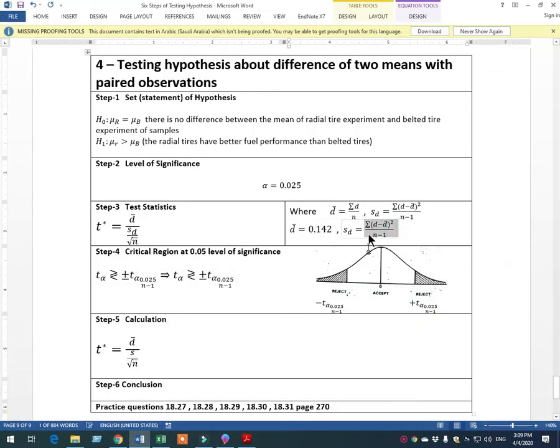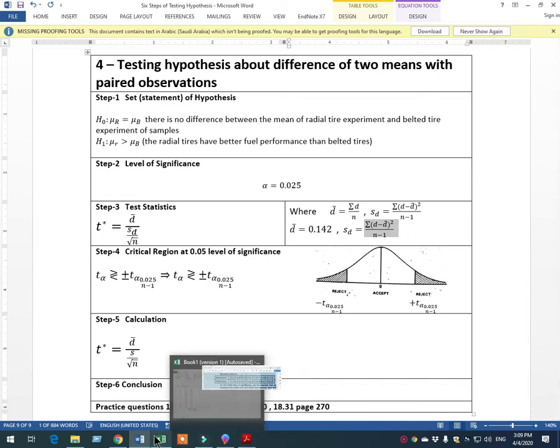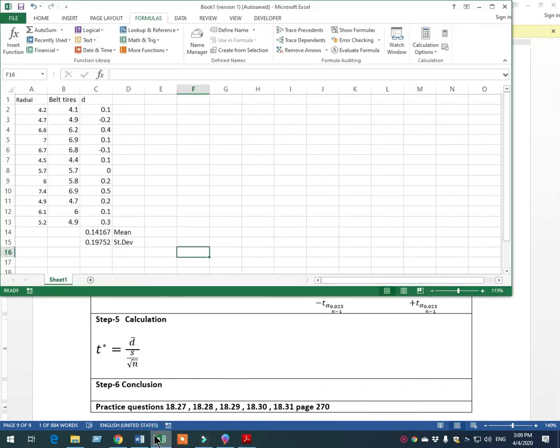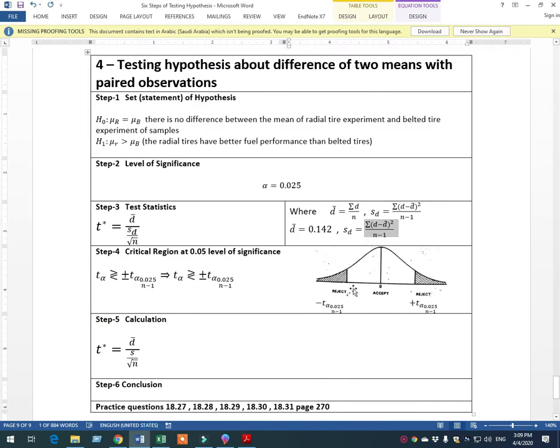while the standard deviation of the D was 0.197. That is 0.197. So this is a simple calculation of the mean of the D and the standard deviation of the D. The fourth step